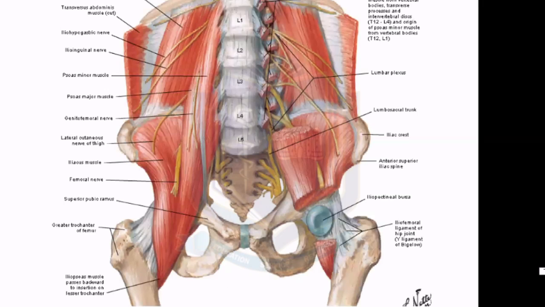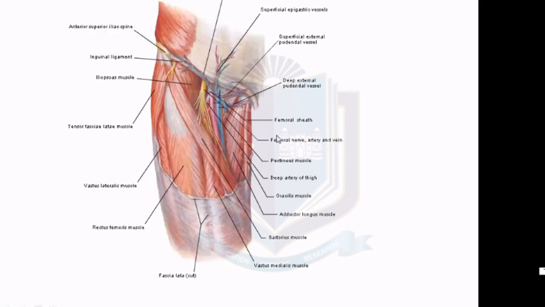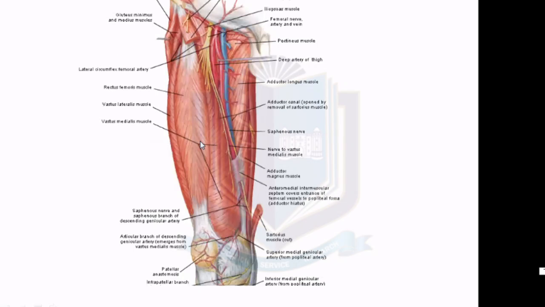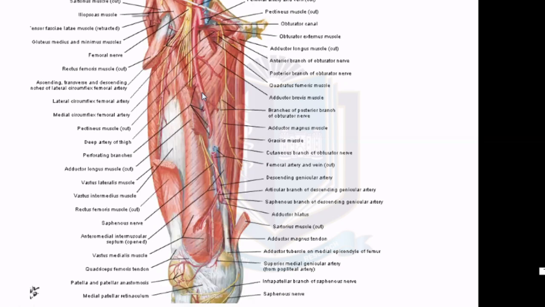The superficial most is the sartorius, that is the strap muscle originating from the anterior superior iliac spine, moving downwards and medially, and is inserted to the medial condyle of tibia. Sartorius. Then there are 4 muscles remaining in the central midline, rectus femoris, and below it there are the 3